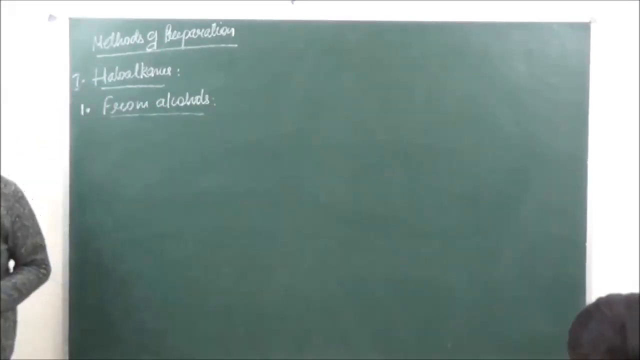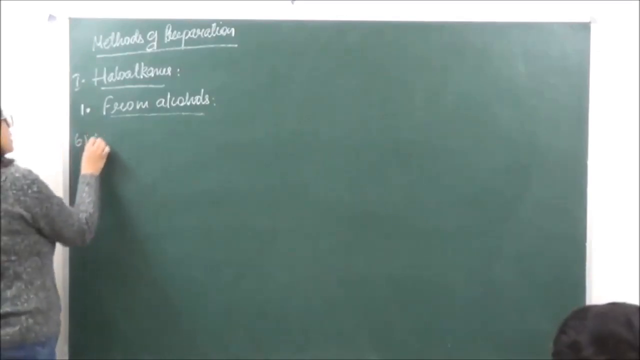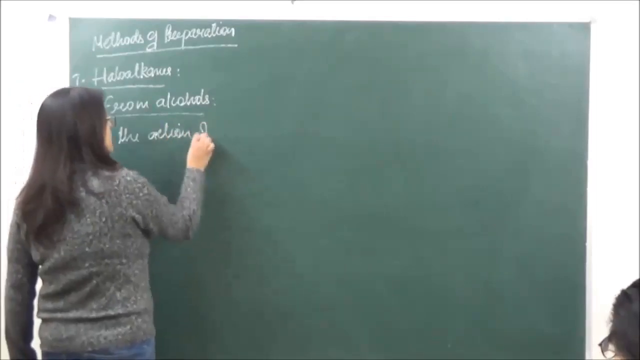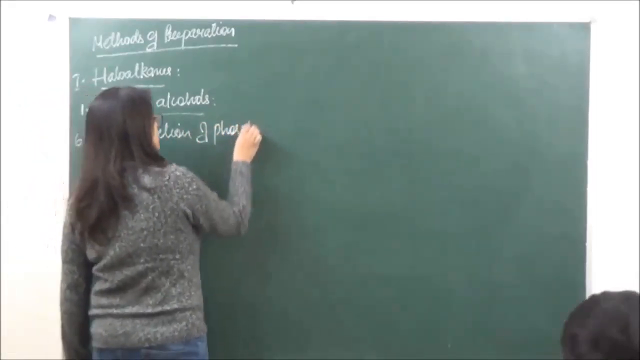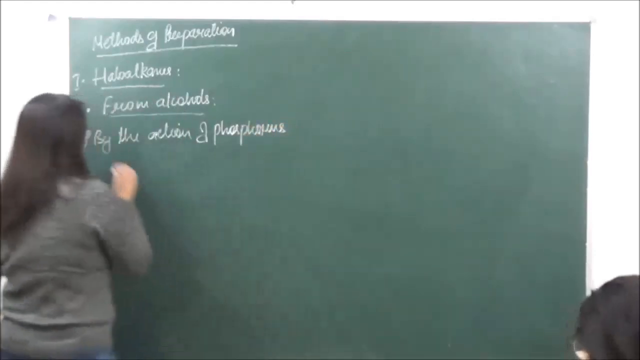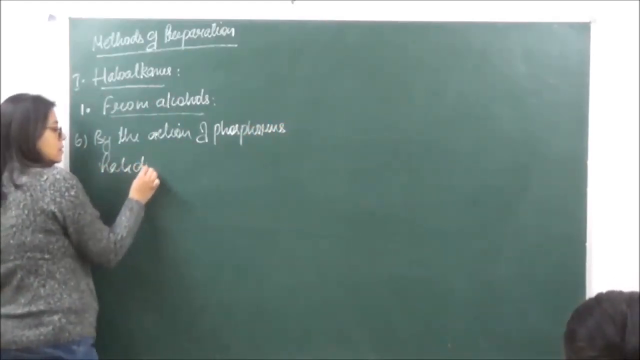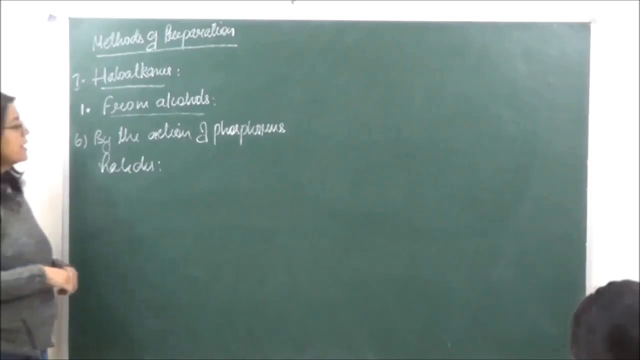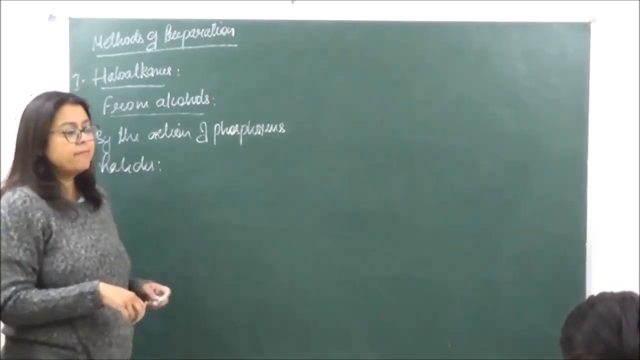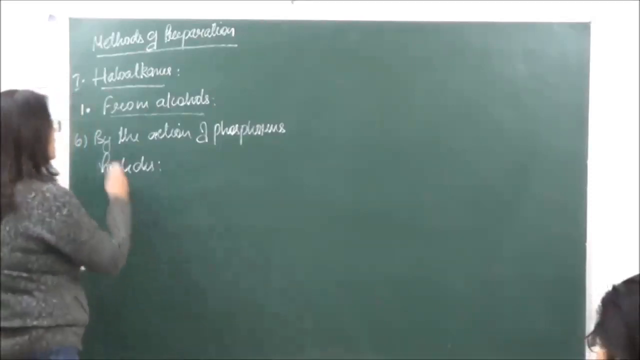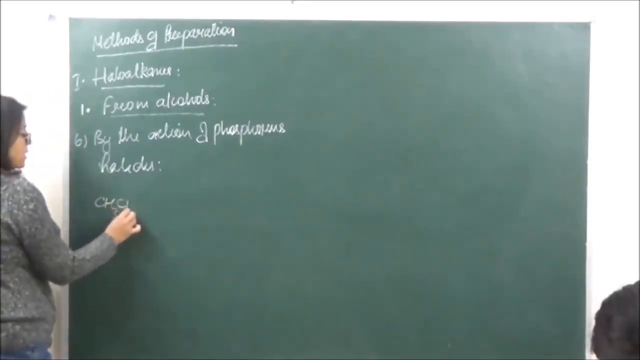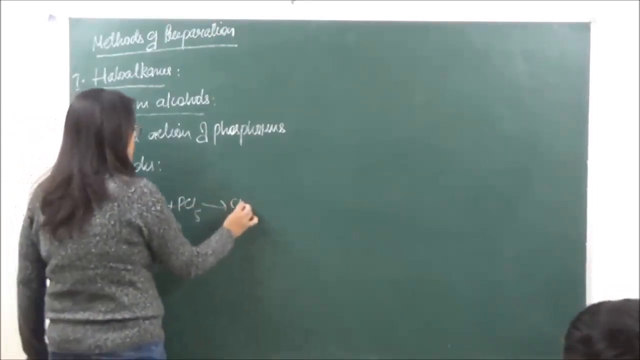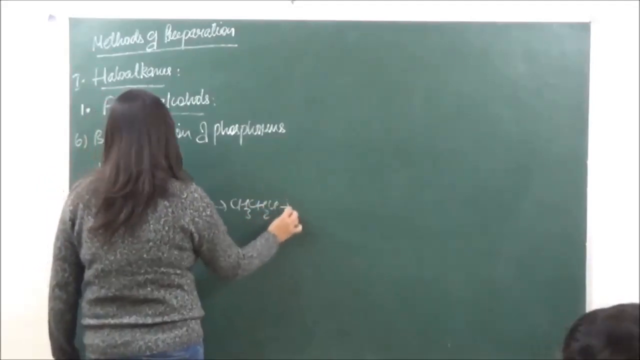The second reaction we have is by the action of phosphorus halides. There are two types of phosphorus halides which we are going to use over here. One is PCl5 and the other one is going to be PCl3. So let's do the reaction of alcohols with PCl5. In this case, we will get CH3CH2Cl plus